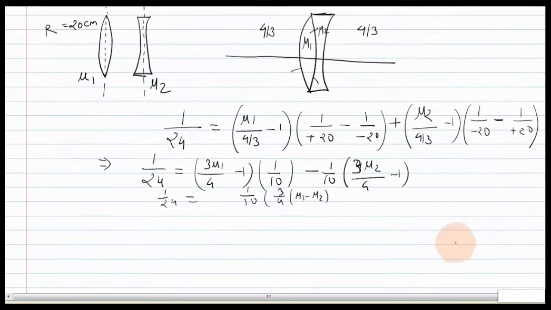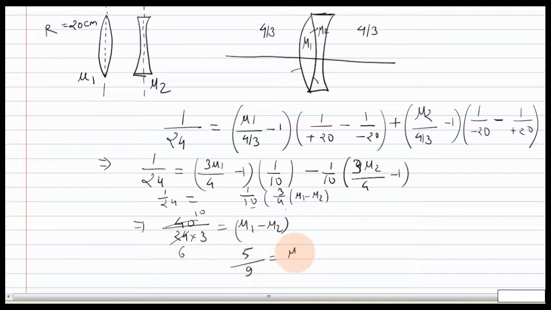You can solve this further. So this should be equal to 4 into 10, which is 40, in the numerator, divided by 3 into 24. So this is the answer for mu1 minus mu2. They have asked us the difference of refractive index, so this should be the answer. You can now calculate this. Divide this by 4 and you can solve this expression. Let me solve this for you. Divide this by 4, it will be 6, and it will be 10. So it is 5/9. The difference of refractive index is coming out to be 5/9. Thank you.